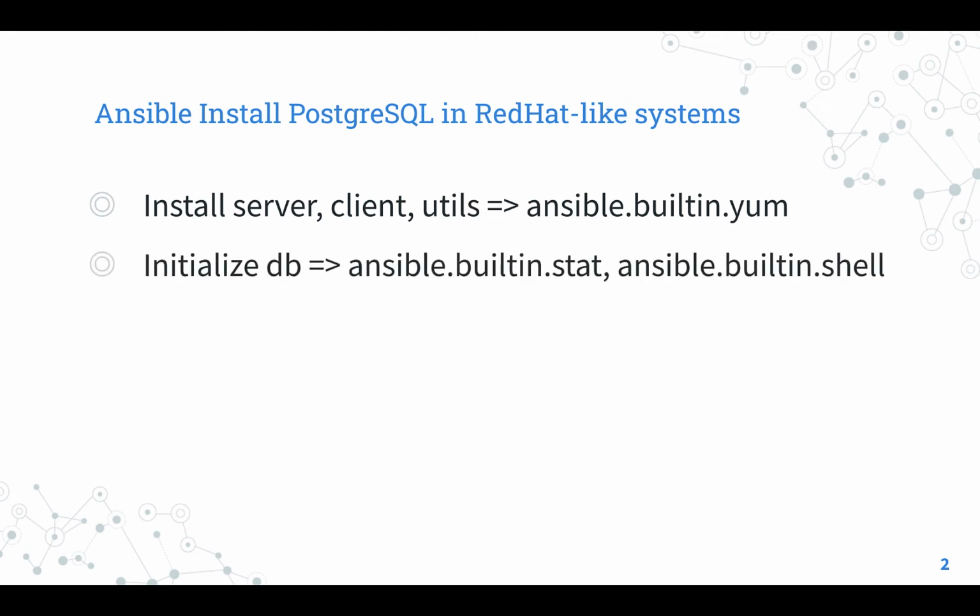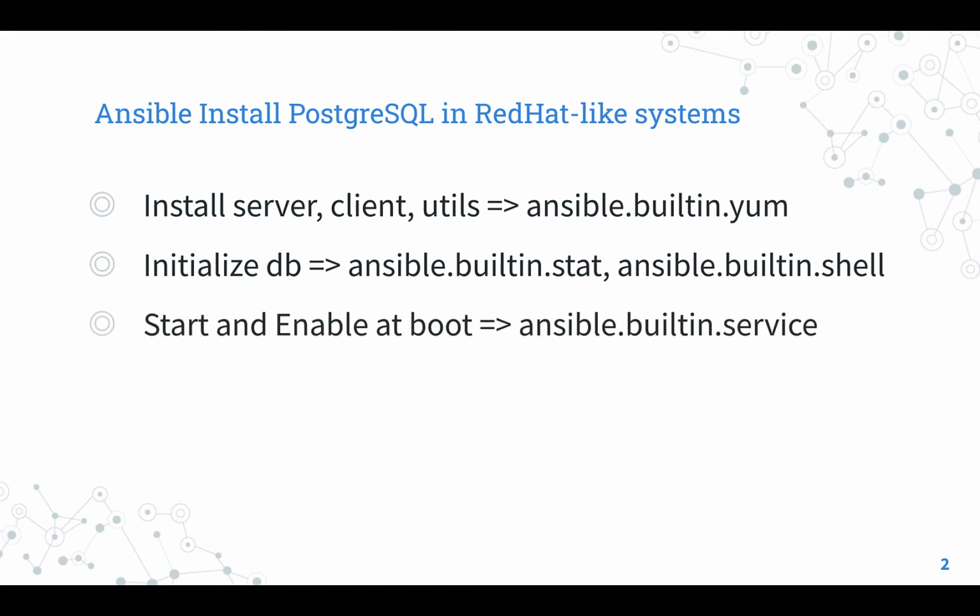The second step is to initialize the PostgreSQL database. There is a command line utility that you could execute using the ansible.builtin.shell module. The effective command executed is postgresql-setup initdb. This code is executed only if needed. The conditional check is performed by the